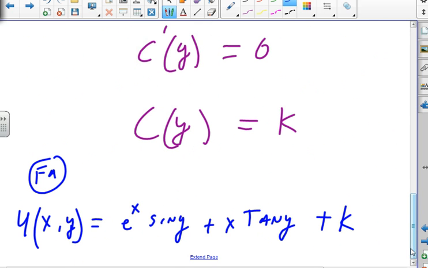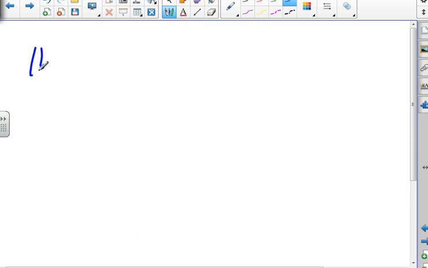Okay, pretty good. And we don't have to check it because it's so pathetically easy. All right, now we're going to look at number 44. Find a general solution